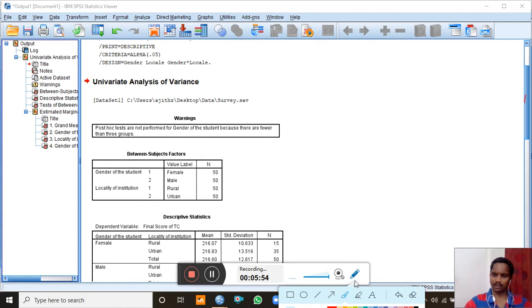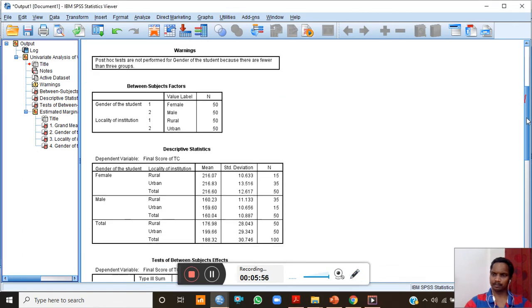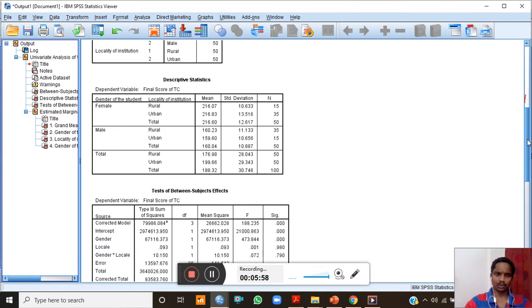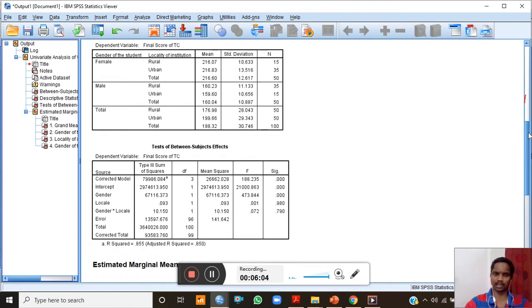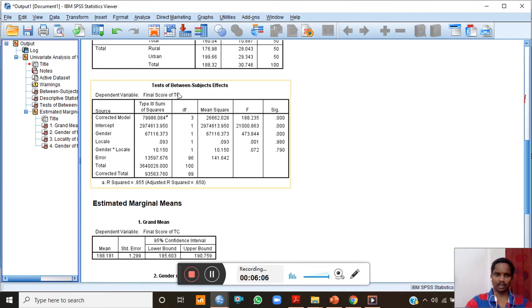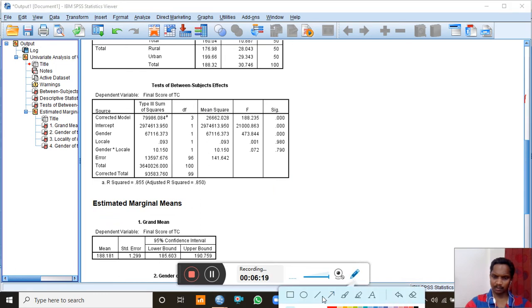We don't have to take this table. If you want to see the mean and standard deviation, you can use this, otherwise you can directly go to the ANOVA table, tests of between-subjects effects.